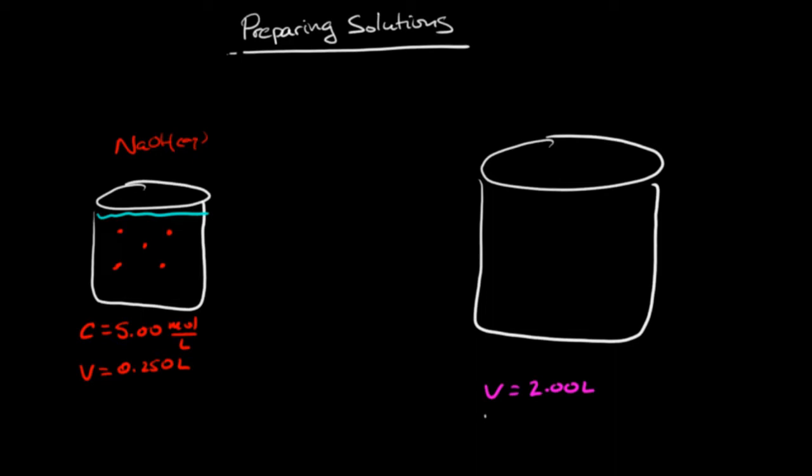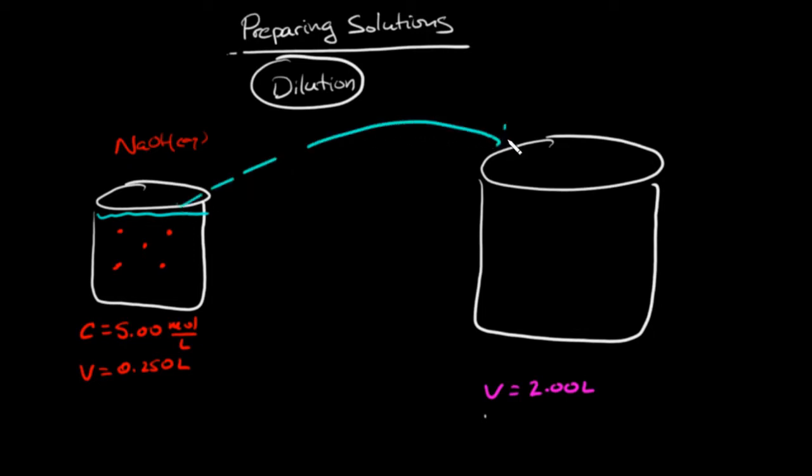Now, I want to do what's called dilute this solution. So a dilution is when you take a stock solution and you typically transfer it to a larger volume and then add some more water to it. And remember that the sodium hydroxide solution is just solid sodium hydroxide dissolved in water. So if I take my solution here and I transfer it all into this larger 2-liter beaker,